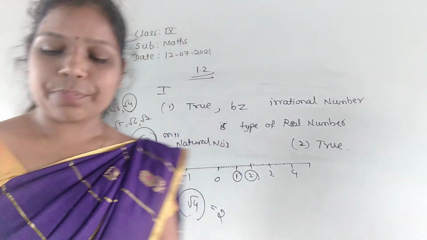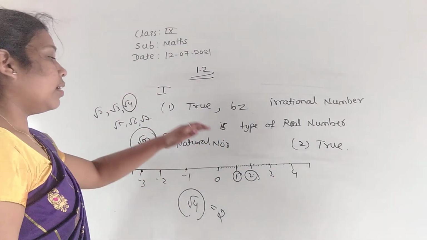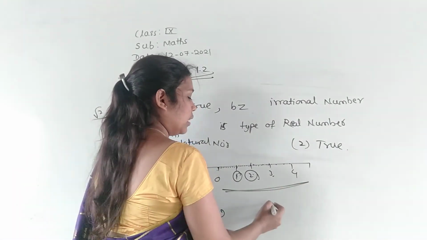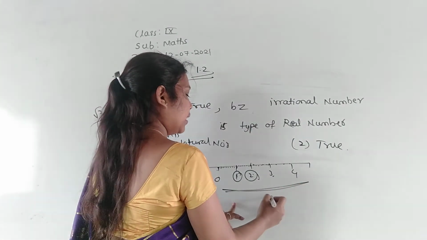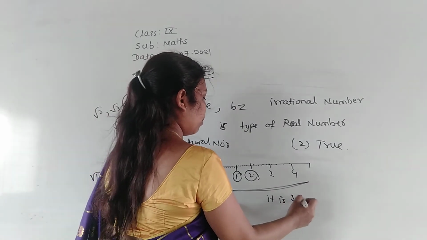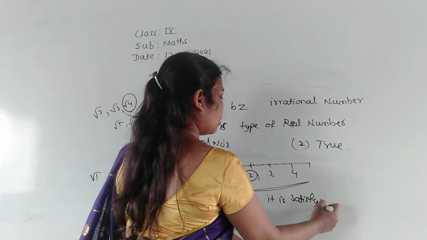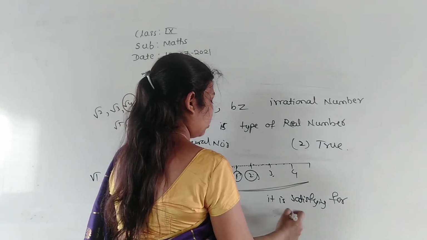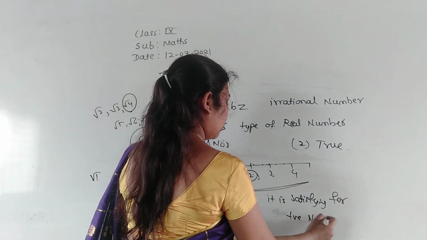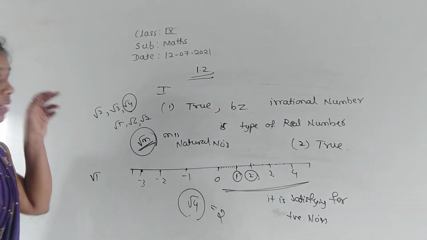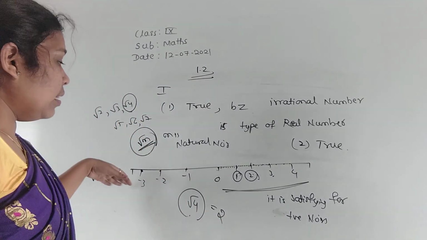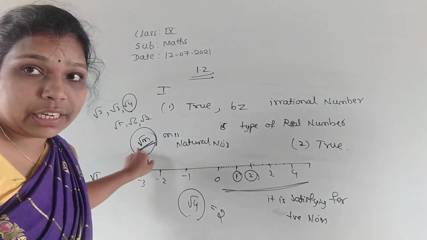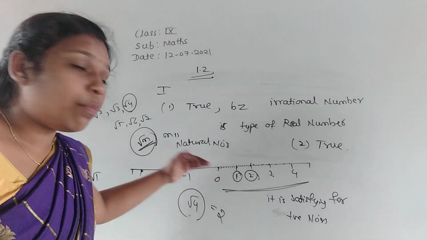Yes, it is false only. I told no. It is holding for the positive numbers, right? So it is satisfying for the positive numbers, but what about negative numbers? It is satisfying for positive numbers, right? See here, once again I am telling, every point on the number line is of the form root m, they told here. Okay, so every point on the number